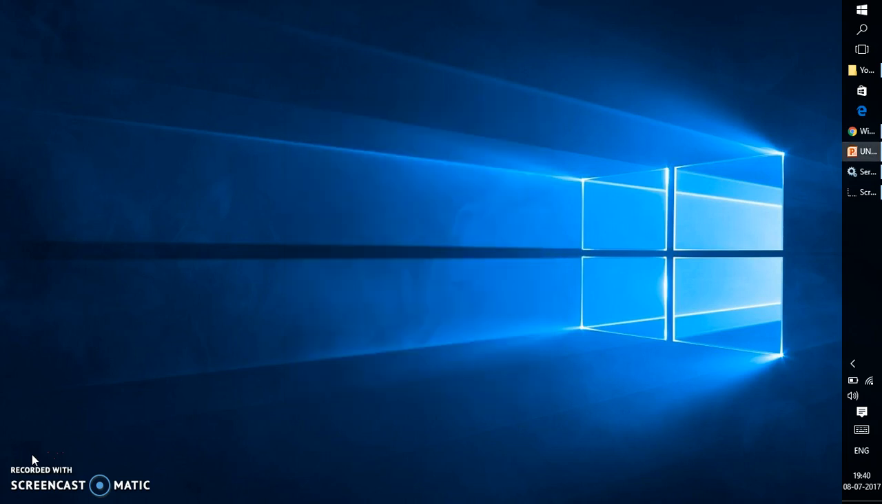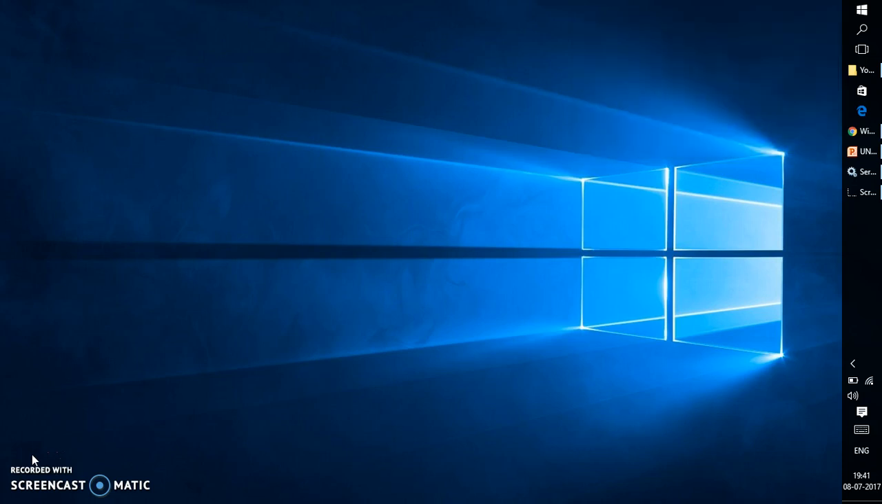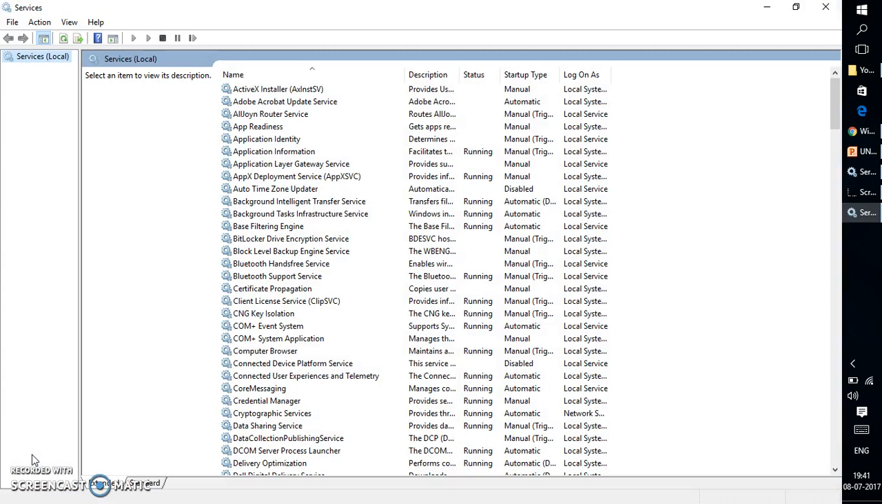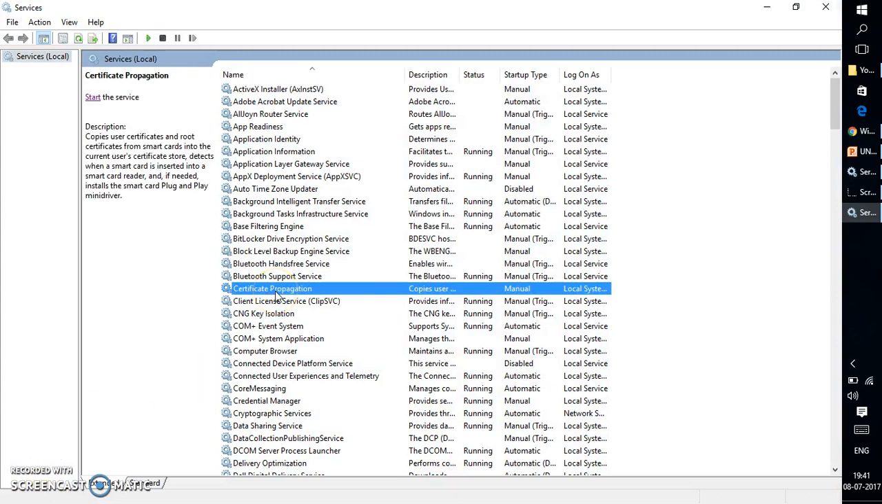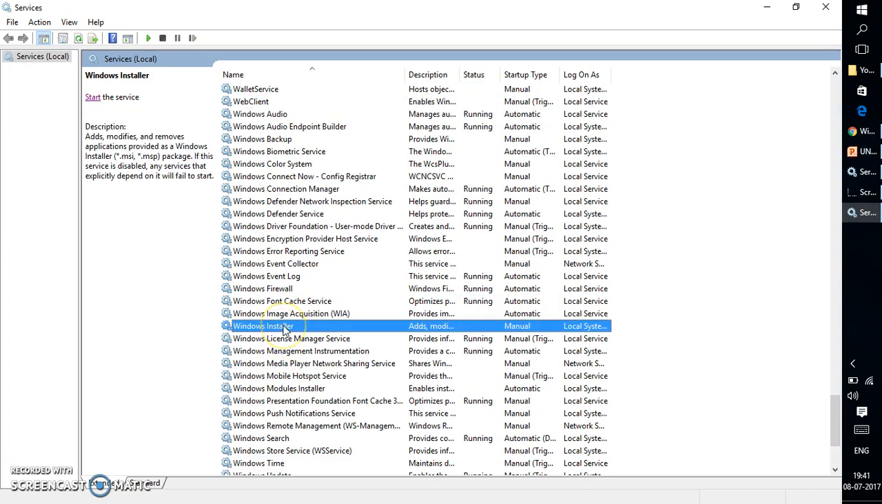Come back to your desktop, press the Windows key and the letter R on your keyboard, and type services.msc. Click on OK or hit enter, which will open up the Services window on your screen. Scroll down a little bit and look for Windows Installer service. It's right here. You will have to right-click on it